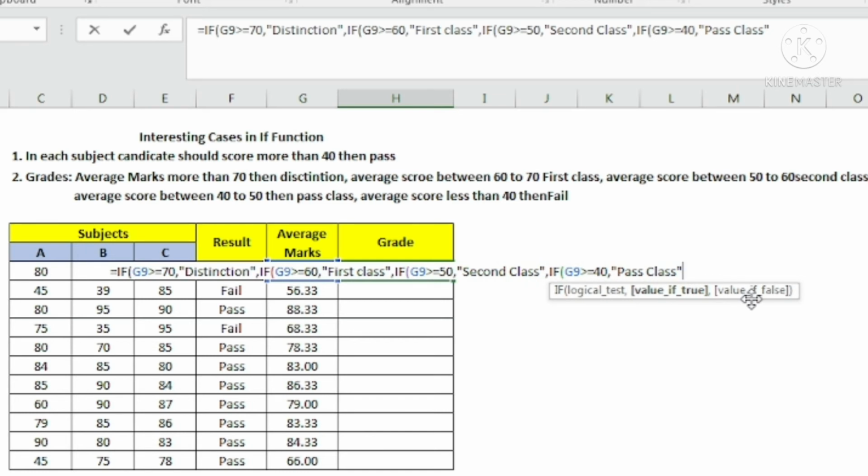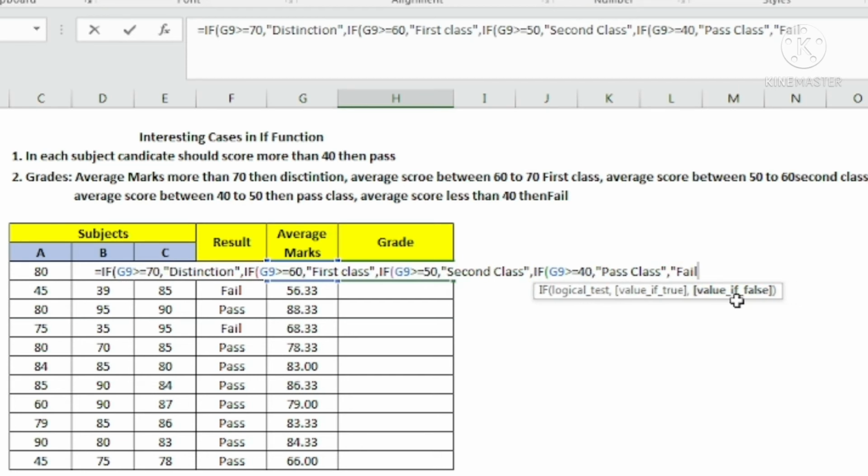Complete the double inverted commas. All the results that I want, I am putting in double inverted commas, that needs to be remembered. Comma, value if false. Now even if it is not greater than 40, what do I need? The last one remaining is fail. So if all these conditions are false, if he still is not getting 40 marks, then for value if false I want fail.